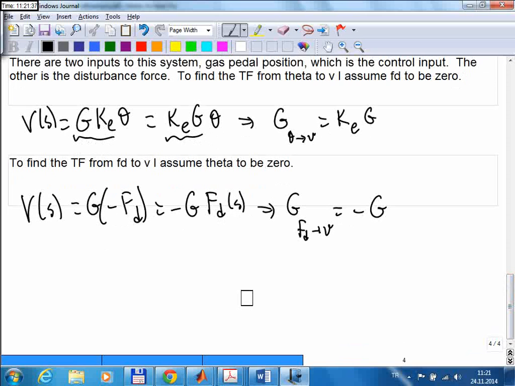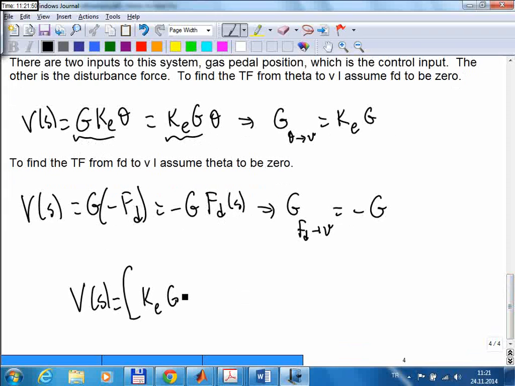So if you want to write this system in matrix form, this is what you do. The output V is equal to